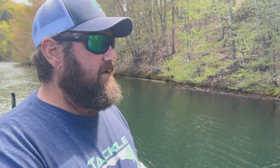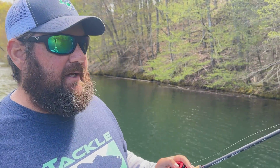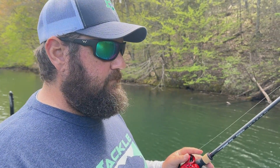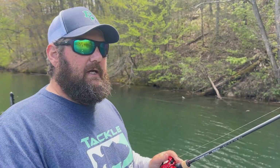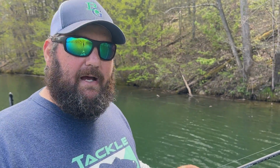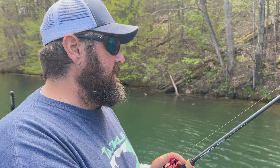Well, I get to my first spot, and there's about 5 boats on either side fishing the bank, and there's one boat out there fishing the middle. I come up there, sit down, start fishing. I mean, it is what it is. The only place I got. There's already enough people up there for it to be a community hole anyway, so it wasn't like it was a secret. I go up there, I fish for about 2 hours, get 2 bites, can't put them in the boat,